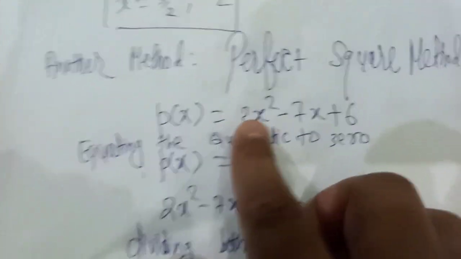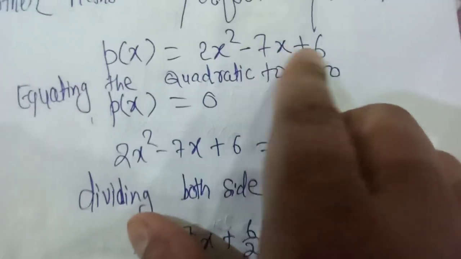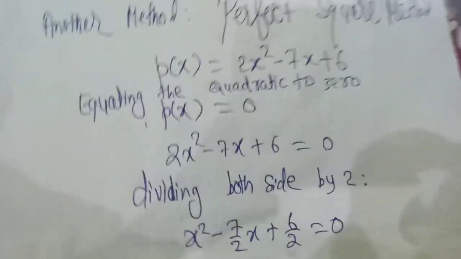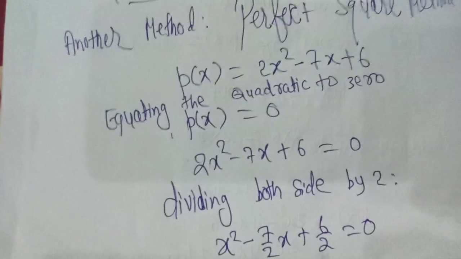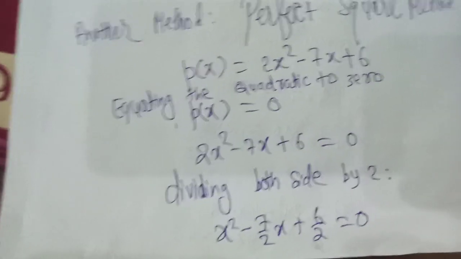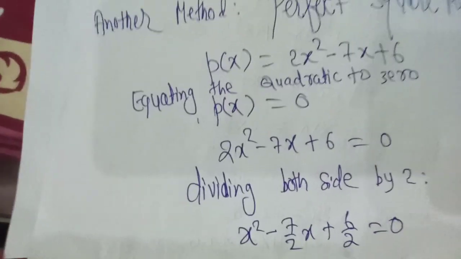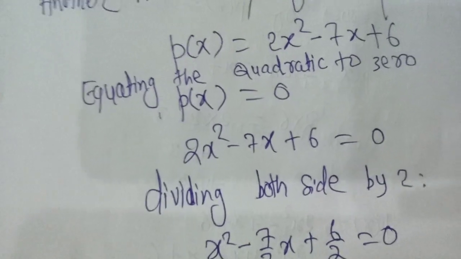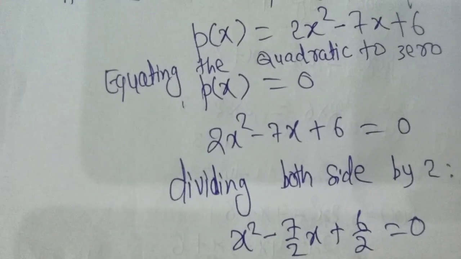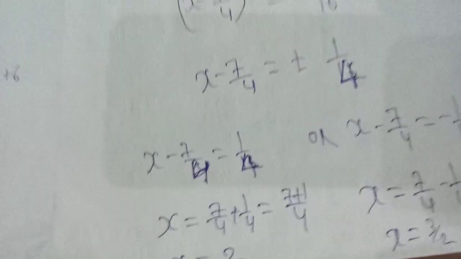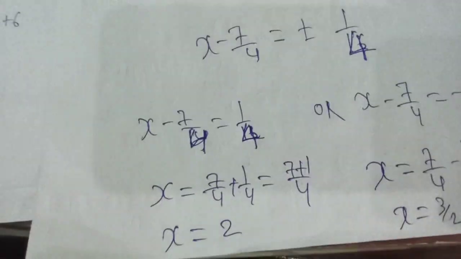So we have found the zeros of this polynomial by three methods. One, the quadratic formula method, second, the factorization method, and this third one is very lengthy. It is simply to understand the concept of how we have arrived at the quadratic formula. So it is just a practice question. This is a very lengthy one, you can see.